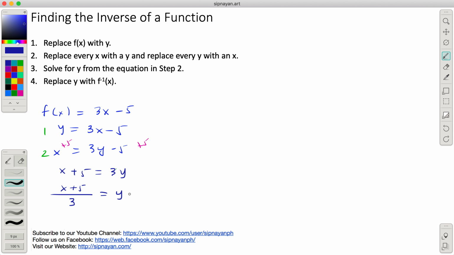Meaning the function is y equals x plus 5 over 3. Ito yung ating inverse function. And the last step is to replace y with the name of the original function. So f inverse of x is equal to x plus 5 all over 3. Okay? So yung susunod natin, let's have h of x